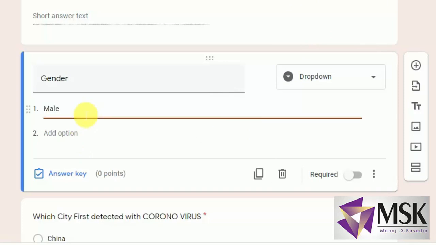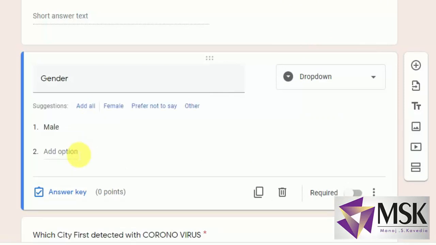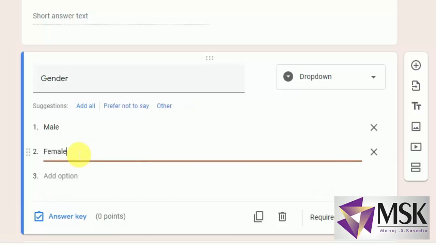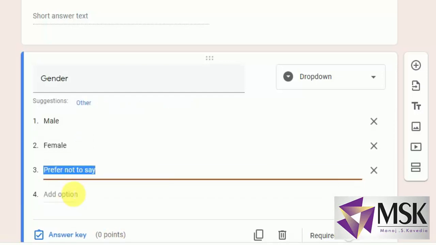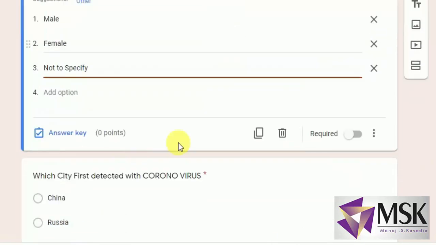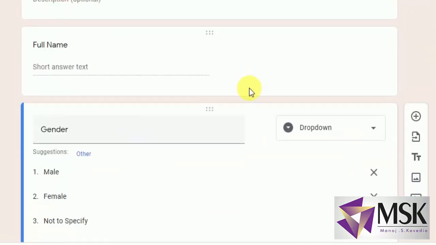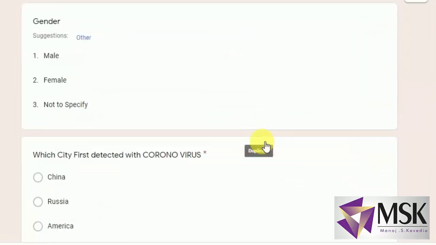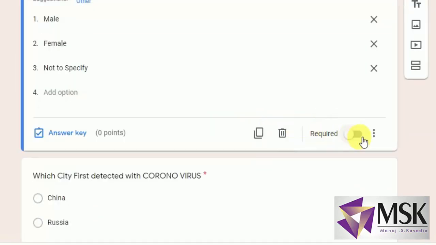I'll say male, female, and third, prefer not to specify. So all these three fields are given here. Since I need the name, I'll make it compulsory. But here I won't define the answer keys. They should be left as they are because this is the information about the person.